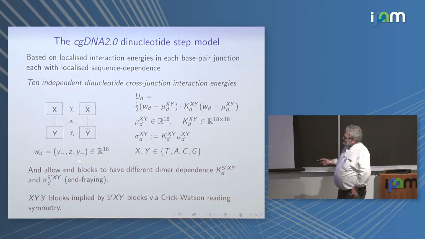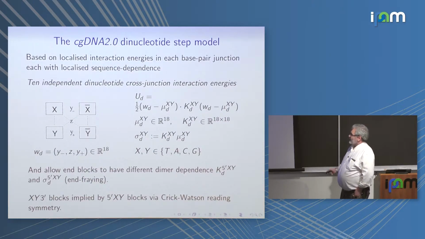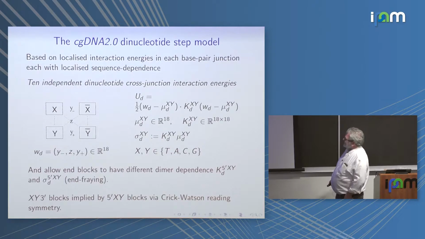The thing here is then that the basic variable is R18. Where does 18 come from? Well, there are 6 degrees of freedom there, which is an intra, there are 6 there, which is an inter, and then there are 6 there, which is an intra. So if you want the rigid body displacement from y to x bar, you need 3 times 6, 18. So that's why this junction should be 18. The parameters then are like the effective forces, if you like. They're the stiffness matrix times the ground state. Then you can add up how many of the blocks there are, and in this particular model, you end up with about 1,570 parameters.